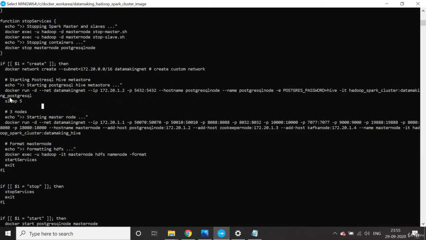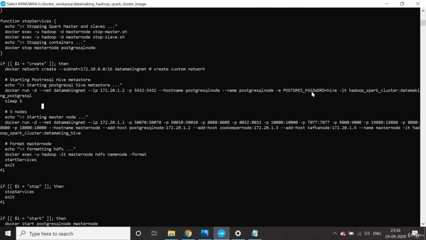To run a Docker container, docker run, with --net you provide the network ID you created, and the IP address for the Postgres SQL node is 170.20.1.1. You expose the port number, which is the default port number for Postgres SQL.